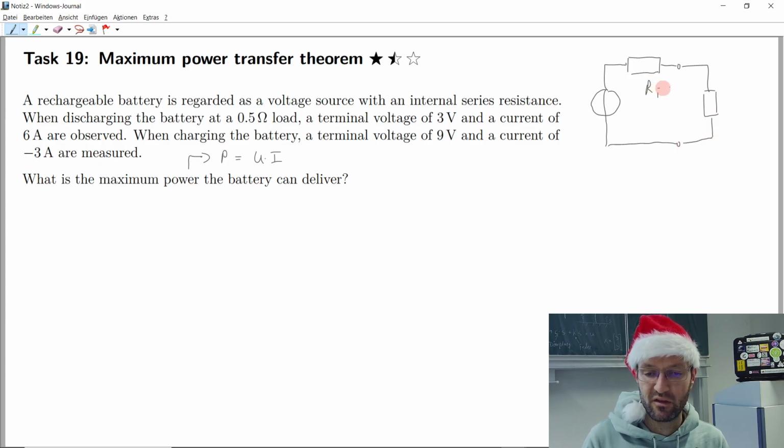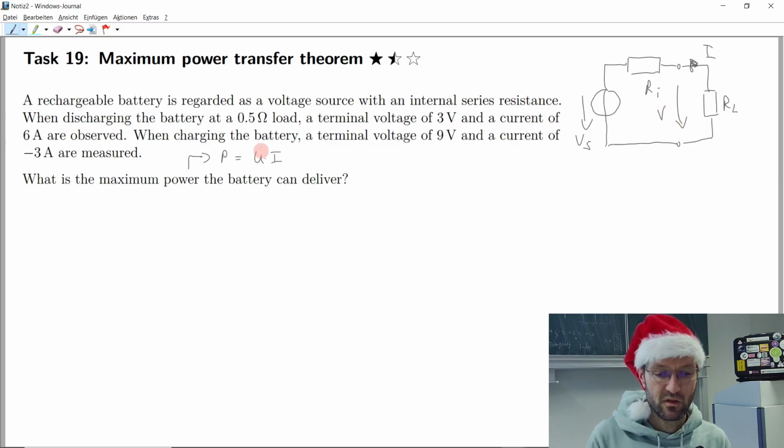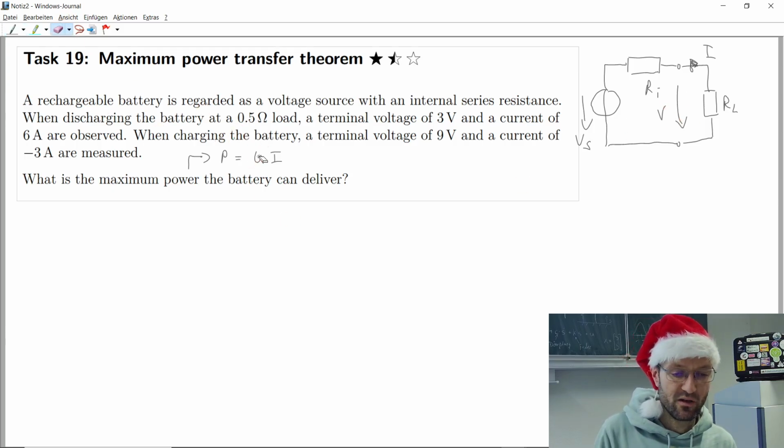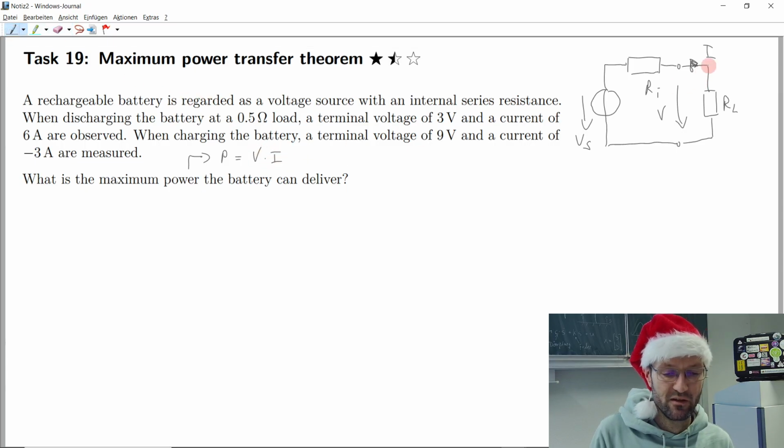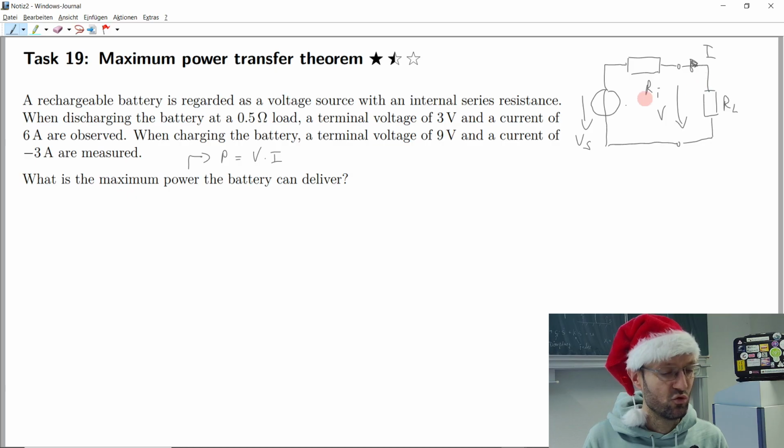So this is the inner resistance, this is the load resistance, this is our internal source voltage. And we could of course say, okay, this current here and this voltage, and excuse me, I'm always a bit confused with the V and the U. So if we take the product of these two, then we get the power that is delivered into this